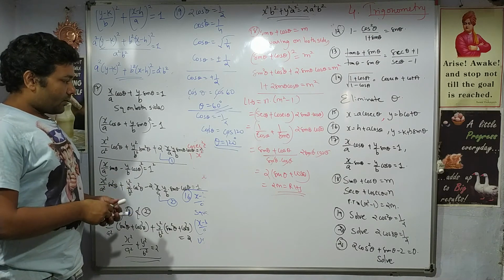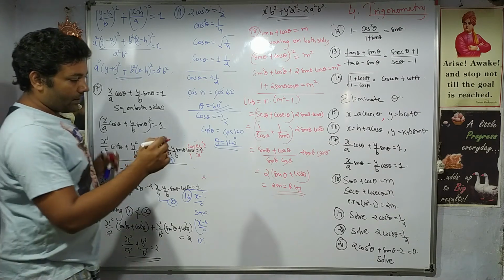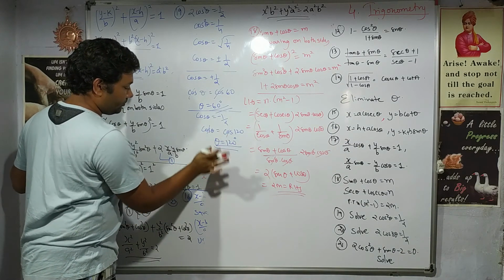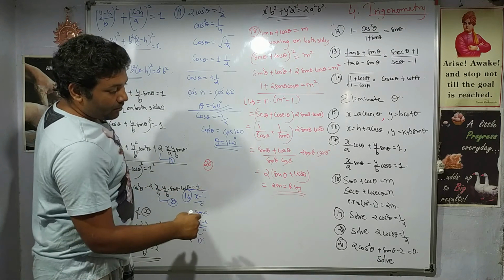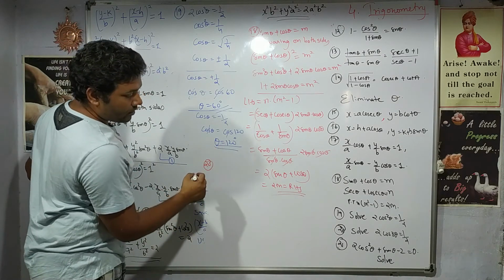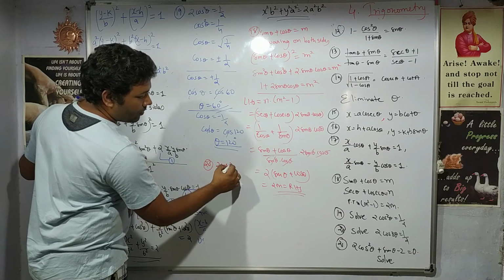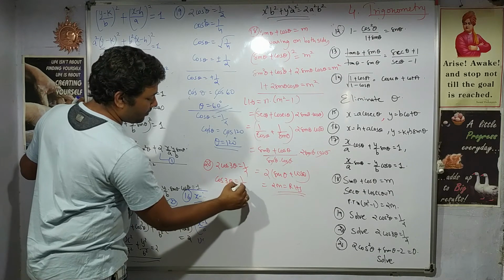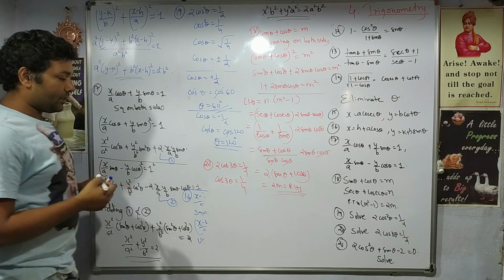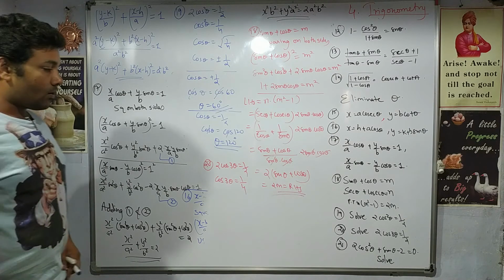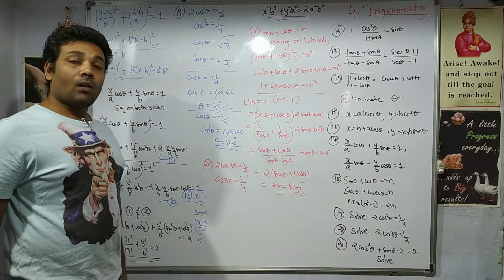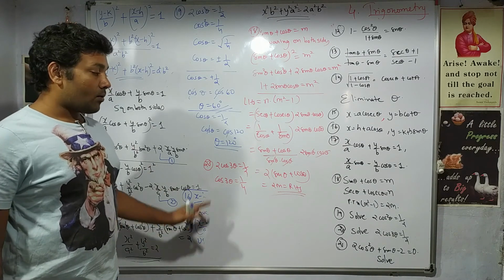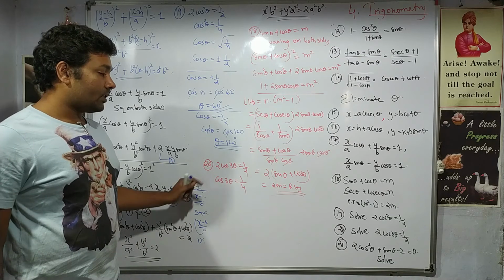Simple. Same way we have question number 20, right? In question 20, again we have 2 cos 3 theta is 1 by 2. So cos 3 theta will be 1 by 4. Correct? Now when does cos give you the value of 1 by 4? Now here we have a typical question.